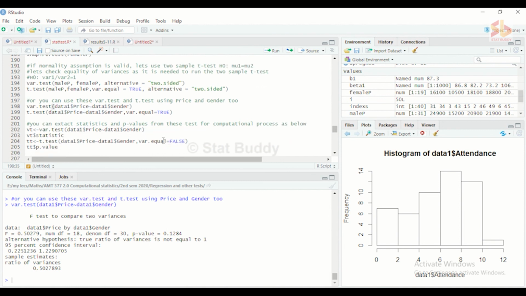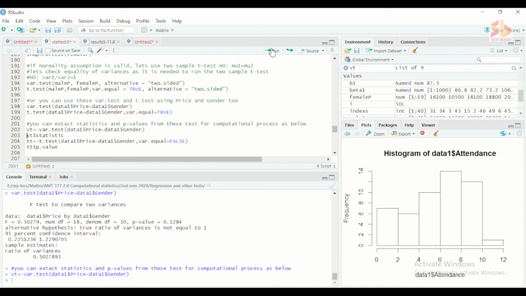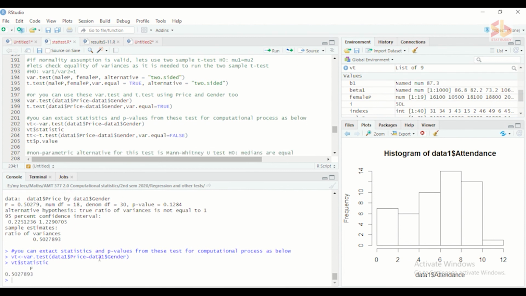You can extract statistics and p-values from the output by saving this output to an object. So I'm storing this in the variable test results for VT object, and I can get the F statistic like this.